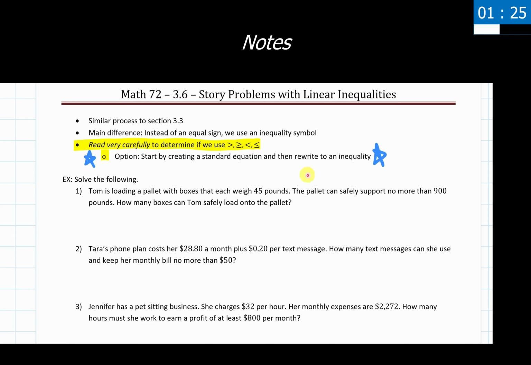One of the things that a lot of people like to do, and I don't think there's anything wrong with it, it just does require that you do one step afterwards, is start with creating a standard equation. Something equals something else. We have an equal sign showing up in there. And then go one line below that and rewrite everything as an inequality. Which side of the equal sign should be greater than, less than, greater than or equal to, less than or equal to the other. Now, all of that determination there at the very end with which inequality to use has to be told to you somewhere in the problem that you are working with.